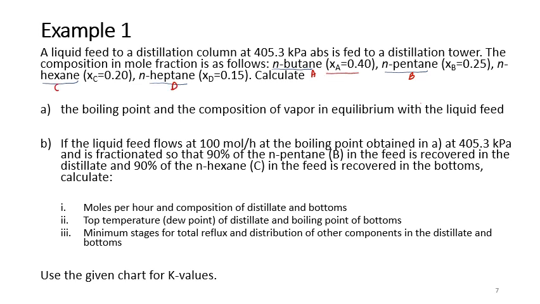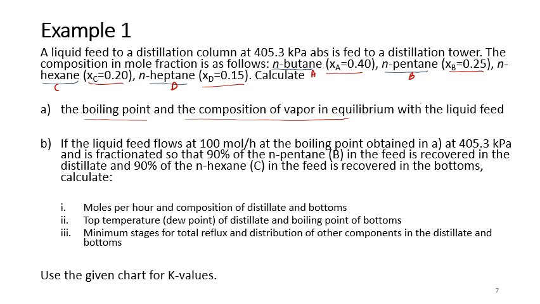So you have the XA, XB, XC, and XD. You are asked to calculate, first, the boiling point and the composition of vapor in equilibrium with the liquid feed. And then part B is, if the liquid feed flows at 100 mole per hour at the boiling point